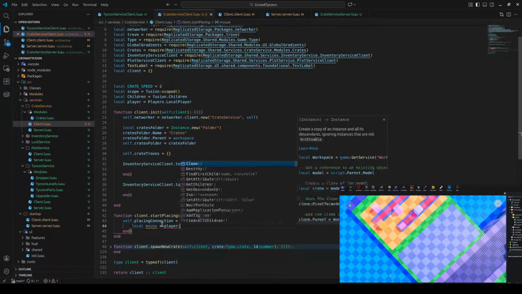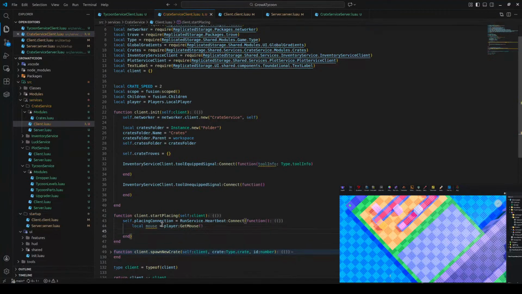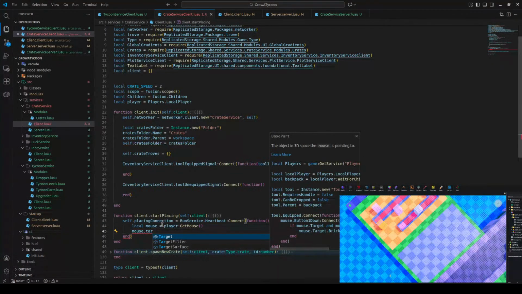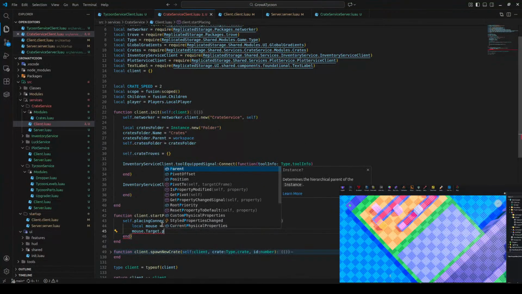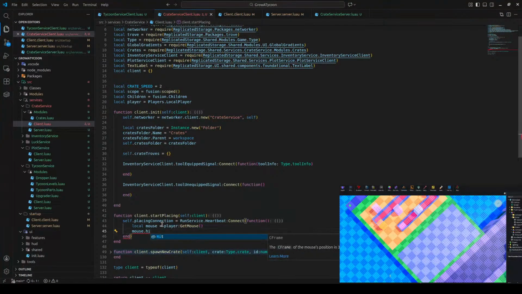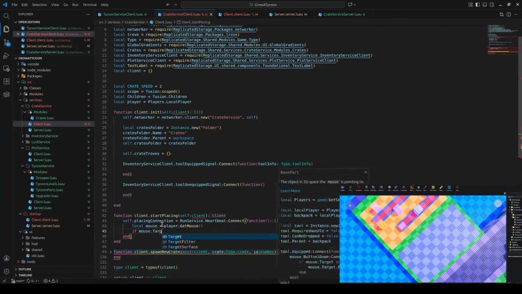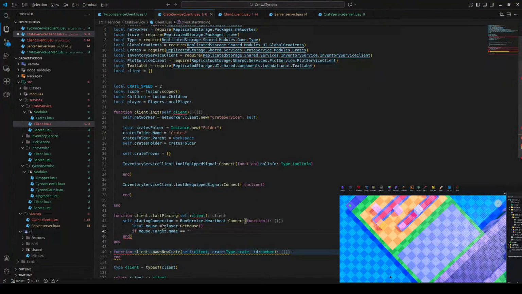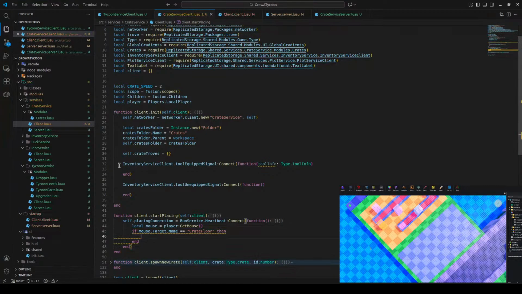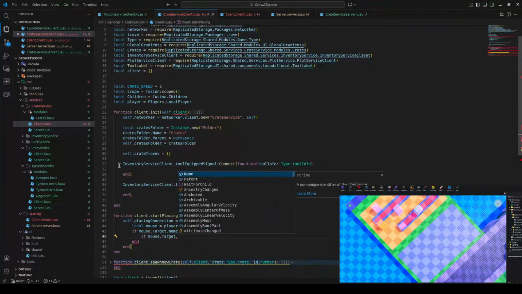Player dot get mouse. Mouse dot position. Mouse dot kit. Okay. If mouse dot target not name equals crate floor, then mouse dot target dot